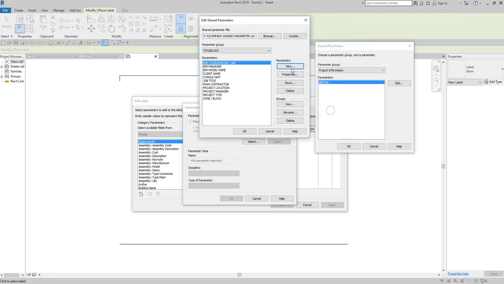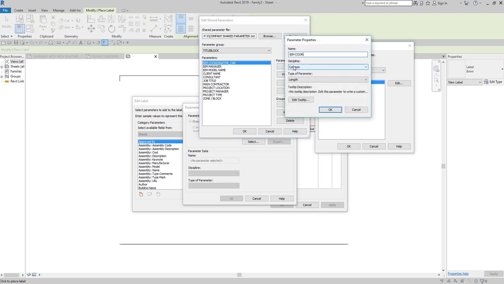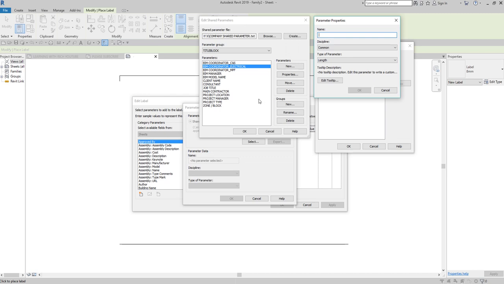Okay. What else? Beam coordinator for mechanical, plumbing, fire protection. Okay, you can always customize the name. So what else? Beam coordinator for electrical. Okay. What else? Project number. I think we already have a project number here. All right. So after you specify all the parameters that you want to be added to your title block,